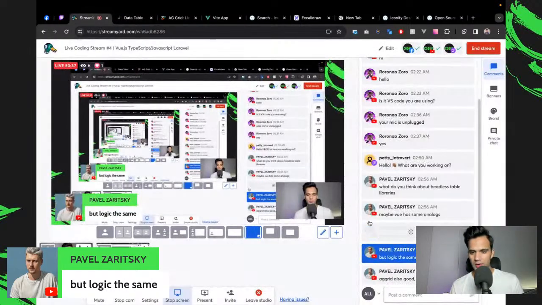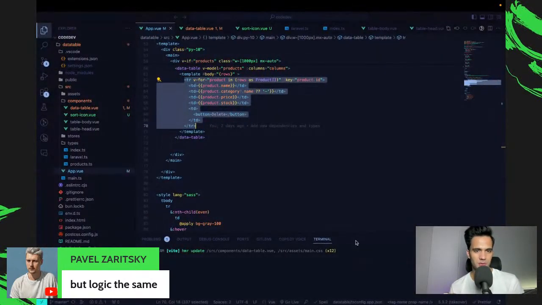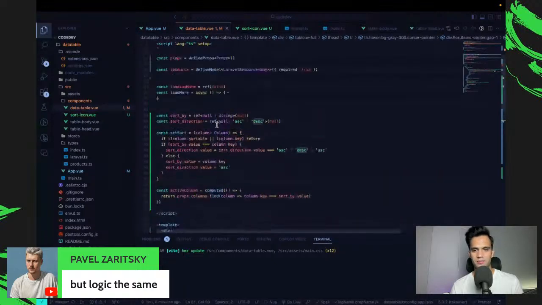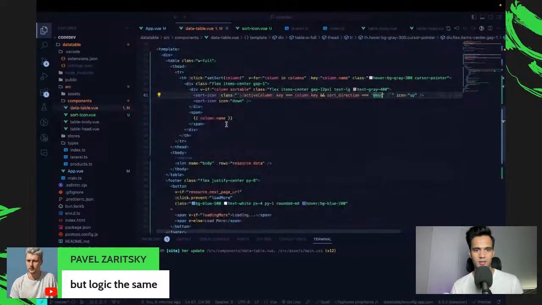But what I'm building is going to be a super simple solution for people who are using a Laravel backend and who just need a data table with these basic features, and then the ability to add on top of that if you want. That's what I want to build. But again, I'm in the early days and I don't really know if I will get there, but I'm pretty sure I will because the same table I'm building is already working in one of my old projects, on Vue 2 rather. So either way, whether it works or not, at least I'm building something for myself in my free time.